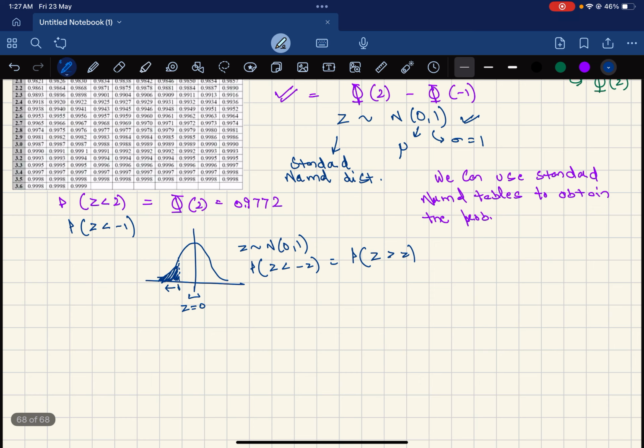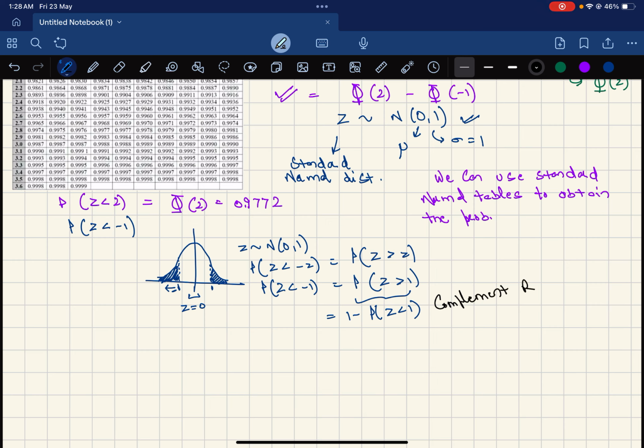If we take this as minus 1 and this as 1, then the shaded region on the left-hand side should be equal to the shaded region on the right-hand side, which means P(Z < -1) should be equal to P(Z > 1) because of symmetry about z equal to 0. Now this can be calculated as 1 minus P(Z < 1) using the complement rule of probability,